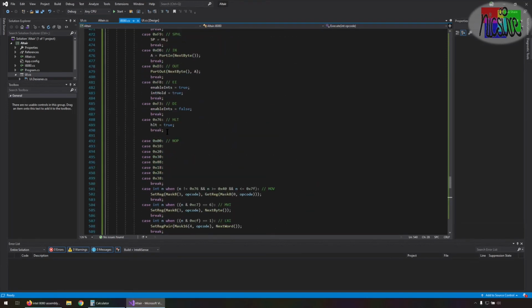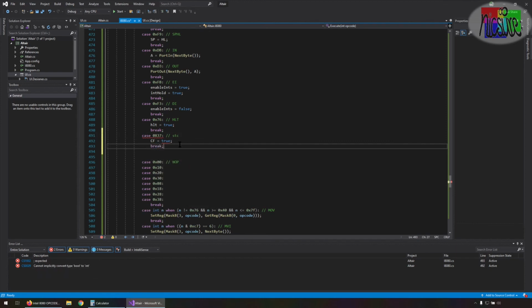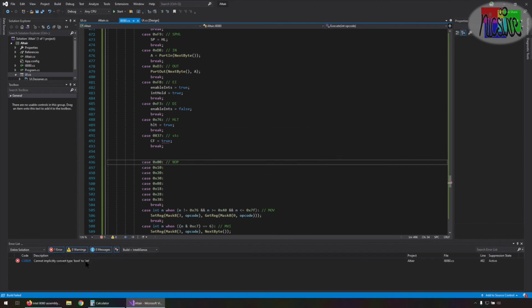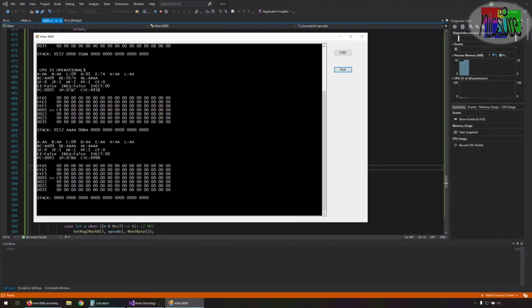Okay. Right, let's implement it. Case. That's simple enough. Cannot implicitly convert. Oh, yeah, because I'm using the int version of it. There we go. CF. Okay, let's try again. Run. CPU is operational. Wow,